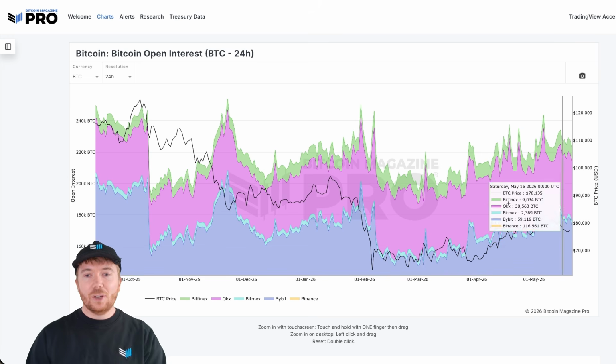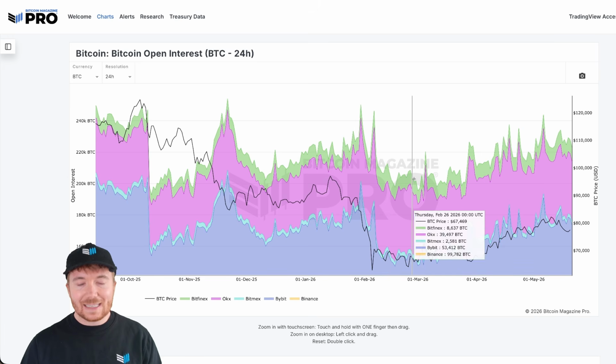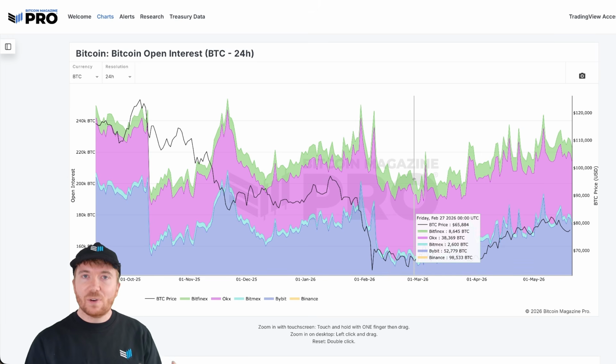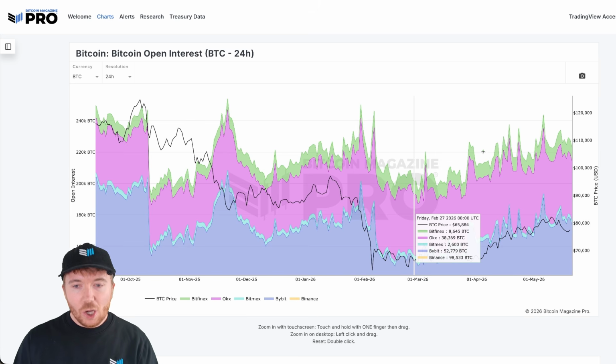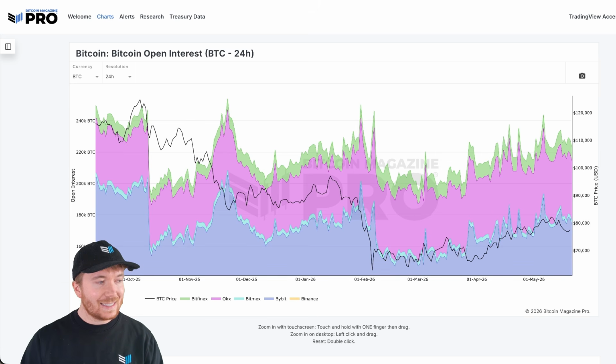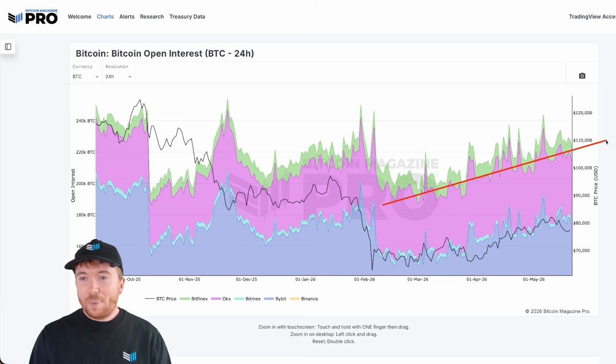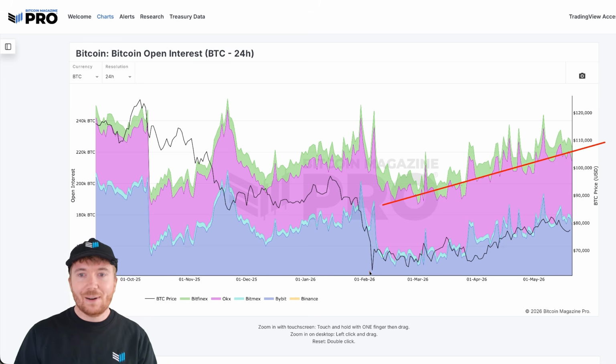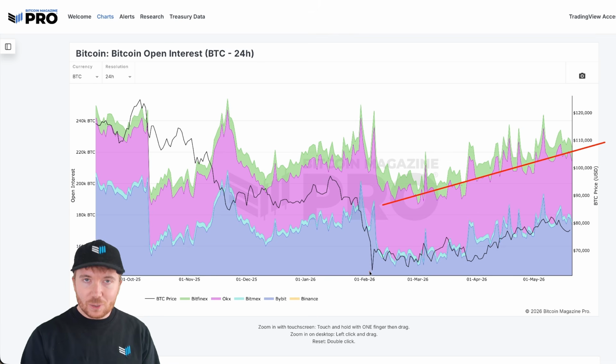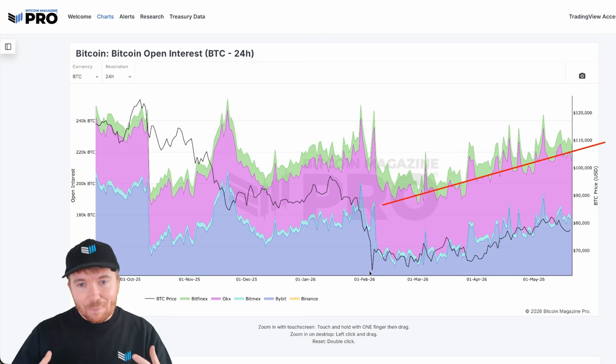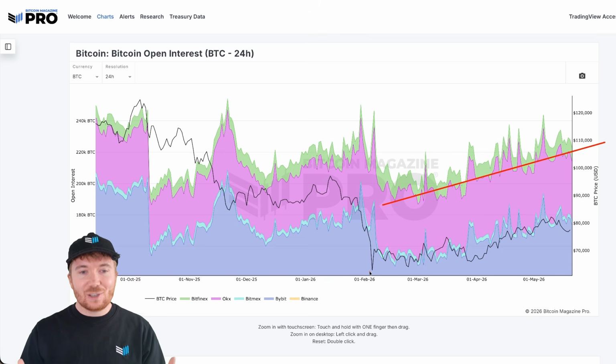And if we look to the Bitcoin open interest, we can see that it's not just a small number of participants betting on further downside. Open interest has been climbing for practically this entire ranging period of price action we've had from around $60,000 to $80,000. So not only are we seeing more and more people shorting the market, anticipating further downside, but this is really building to provide potentially some squeeze.